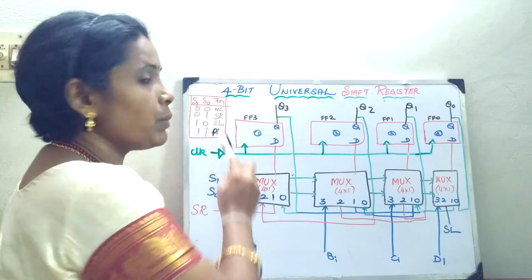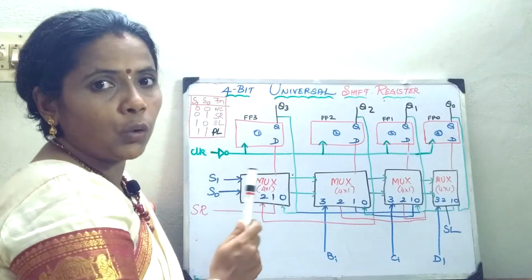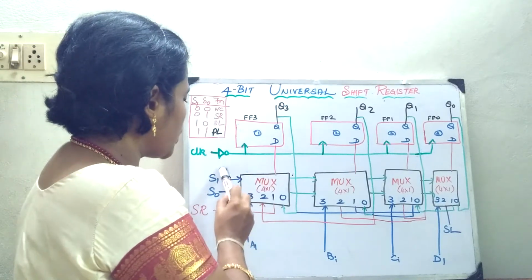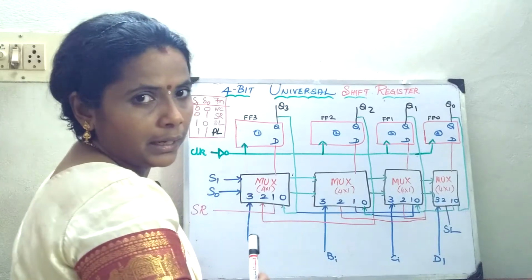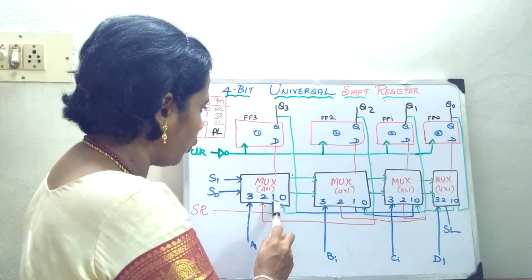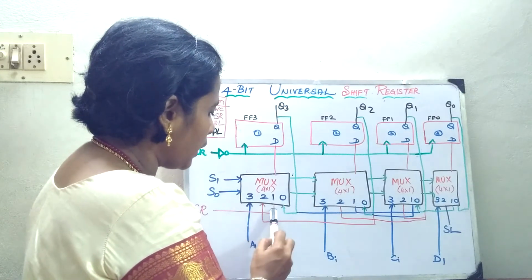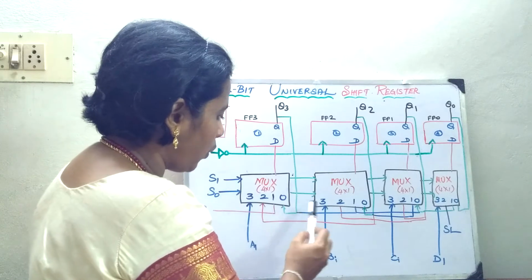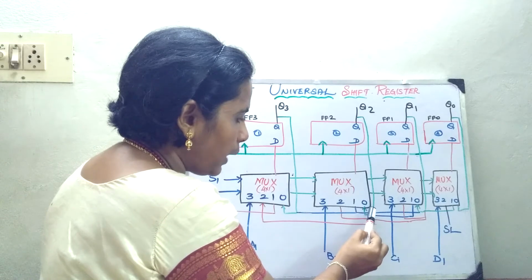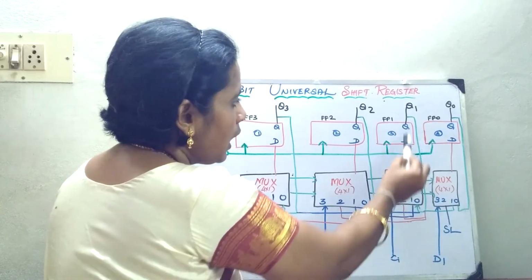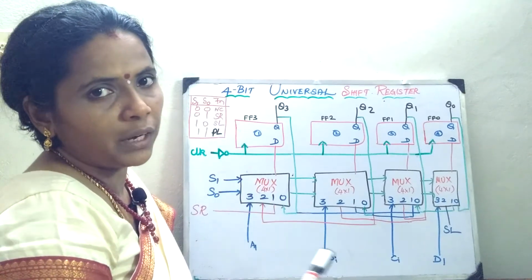Now we will see what happens when 0, 1 is given. The 0, 1 condition means it is a shift right signal. Whenever I give 0, 1, it is going to shift right, that is, move to the right hand side. It comes to point 1, passes through this path, again comes to point 1 and passes through this path. Shift right is done.